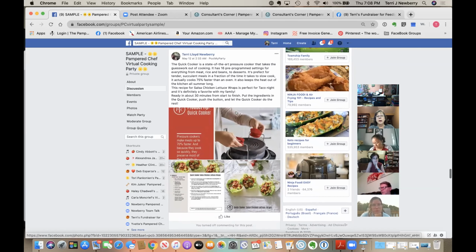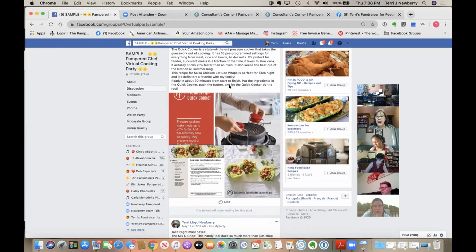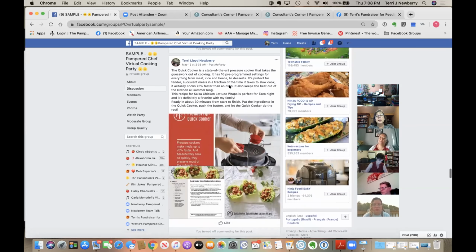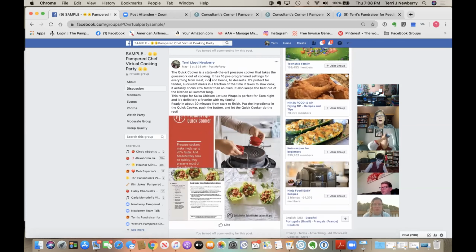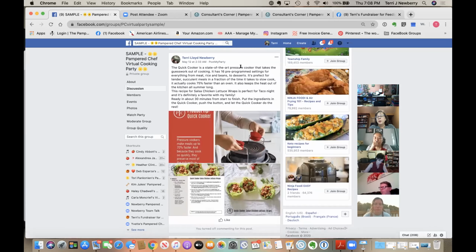Okay, so cooking inspiration can come in the form of a recipe, or it can come in the form of, "I had no idea." And I didn't. Before we got the quick cooker, I had no idea that it cut down on your cooking time by up to 75%. I had no idea because I'd never used one before. So there could be people out there that have heard in the last few years about the Instapot craze and the quick cooker craze, but they don't know what that means to them. So if someone is unfamiliar with electric pressure cookers, then right here we've told them, and notice that I am calling it a pressure cooker,